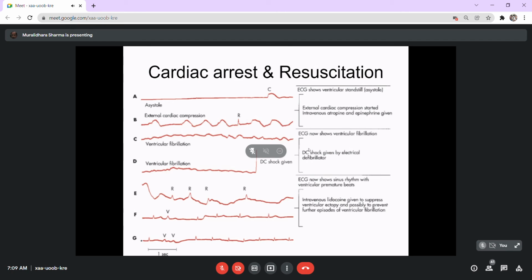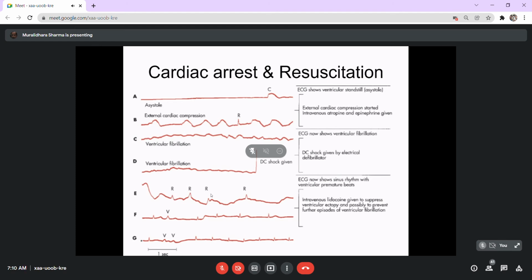Now, another is cardiac arrest and resuscitation. Once you have a patient with cardiac arrest and you have resuscitated the patient, either with manual compression or by electrical defibrillation, there is a possibility that you have the patient gradually recovering. Now, the recovering waves in the initial stages may be abnormal. You may not see the real changes of the wave pattern normally.